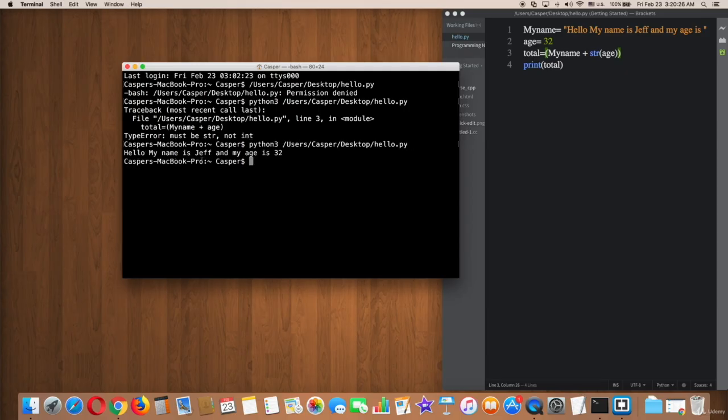Very nice. It works well right now and it displays the 32 integer as a string. So str function is very helpful to